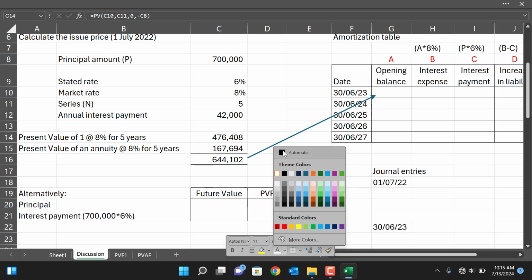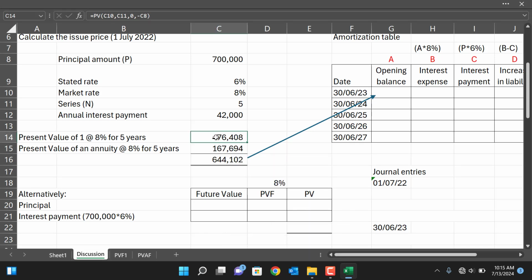I already have this prepared here, but I will show you how to do it in Excel. So you just type the equal sign, present value, bracket, rate. The rate that you will use is the market rate, then comma, and nper means the period, this one, comma. Now we're calculating for present value of 1, not the annuity, so we'll leave that payment as 0, okay, comma. And then the FV here is the principal amount, but you make it negative, okay, and then